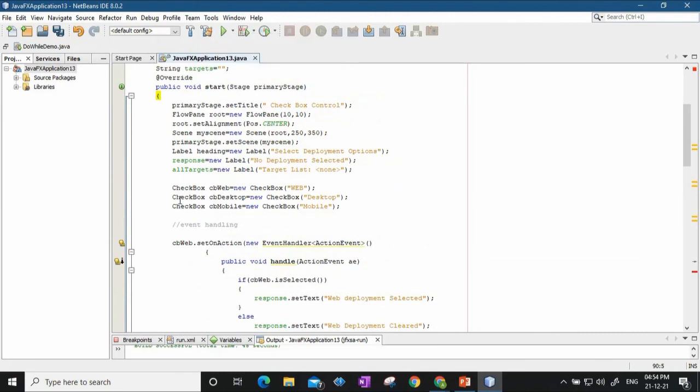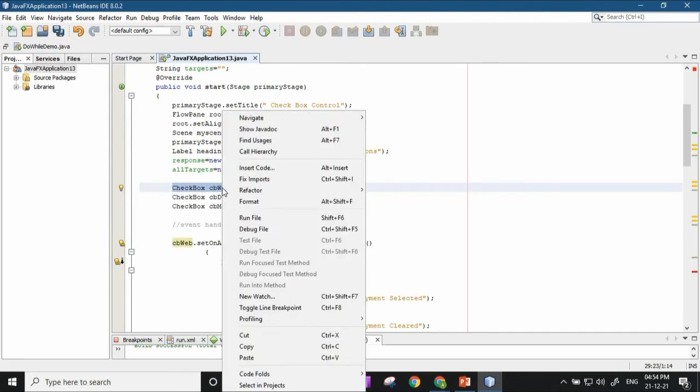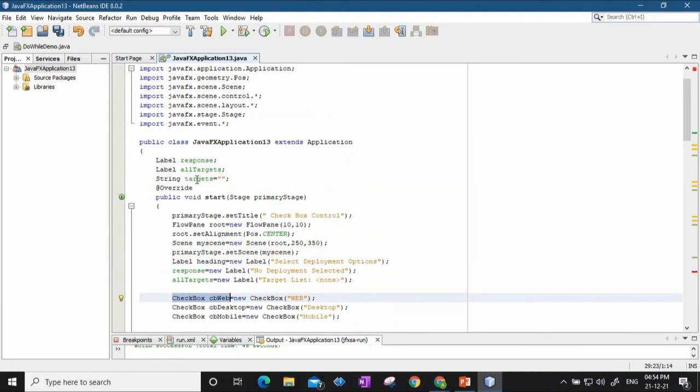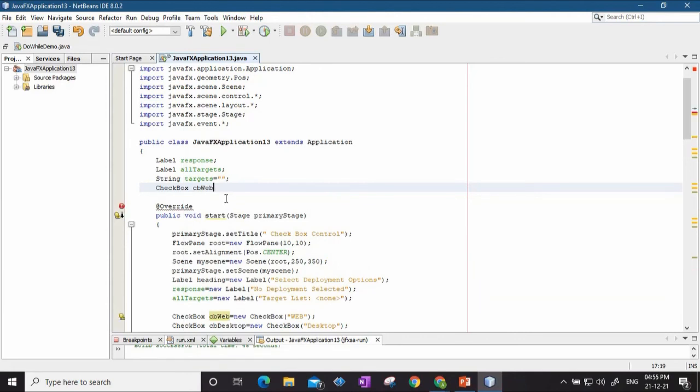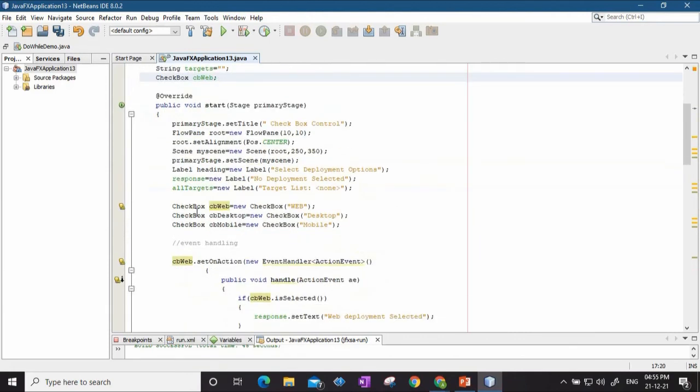these checkboxes, I think we have to declare these outside, because what is happening is I'm creating these checkboxes inside the start method, so they cannot be accessed outside the start method. So I don't have to write checkbox here, then I will say checkbox CB desktop.